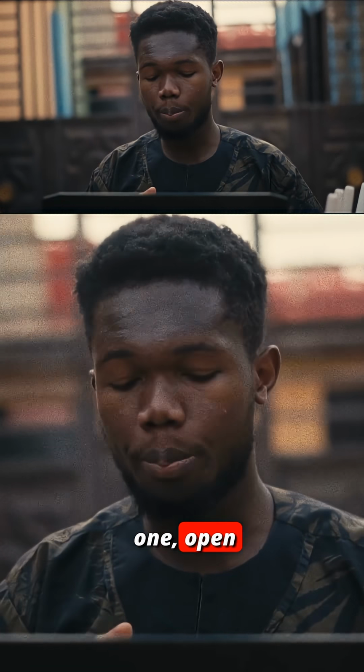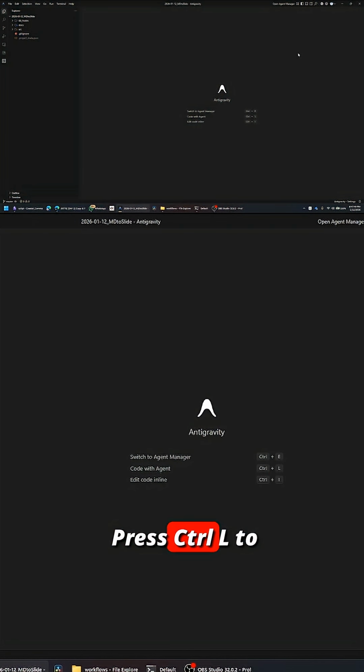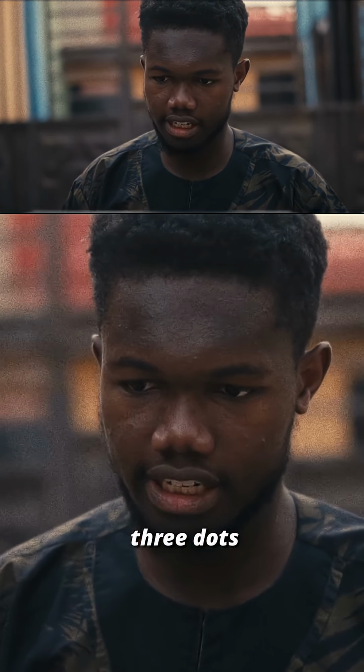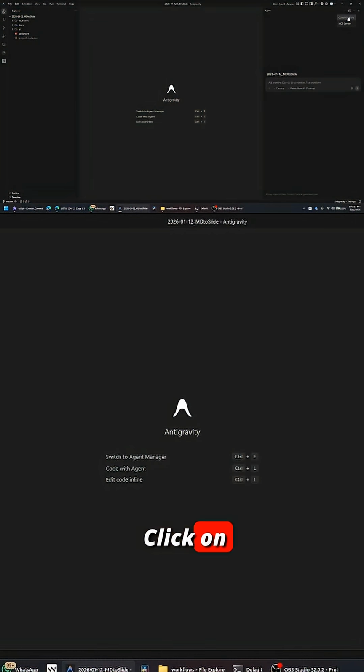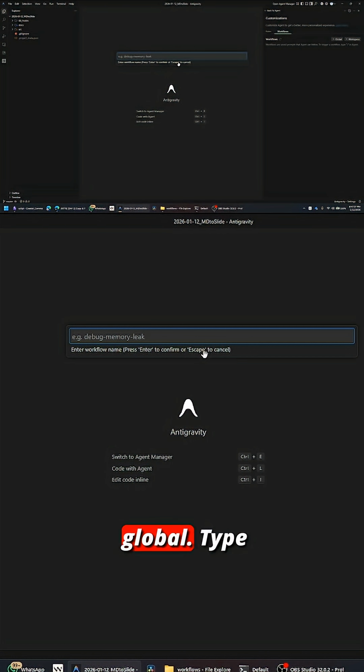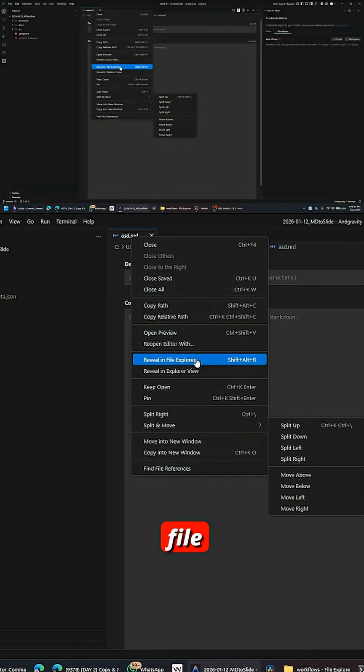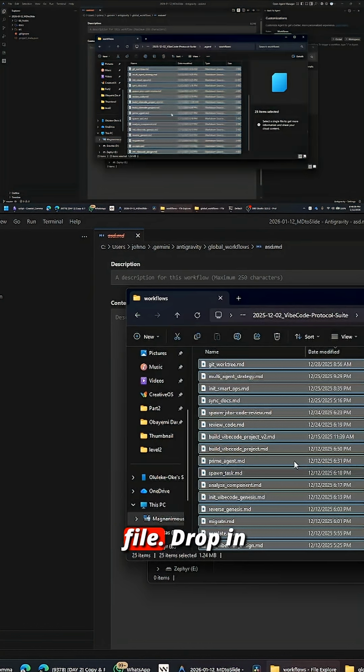Step 1, open Antigravity. Press Ctrl L to open the agent panel if it's not already open. Click on these three dots here. Click on customizations, workflows, then create a new one under global. Type anything you want. Right click on that, click on show file location, delete that random file, drop in the